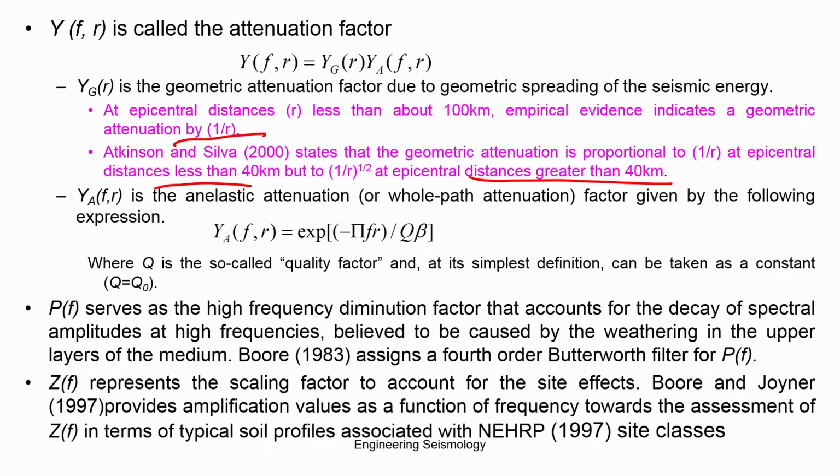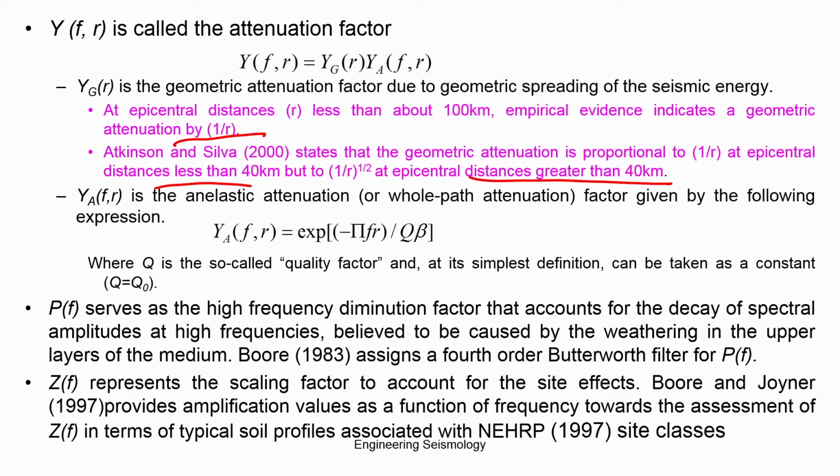Atkinson and Silva gave this for the western US. So, it is not constant throughout. Recently we have derived these kinds of factors for our Indian Himalayan data. You can refer to our papers published in the Soil Dynamics and Earthquake Engineering journal. We used the data and tried to derive how the attenuation characteristics occur in the Himalayan region. That was the first unique work we have done, and we keep working on these areas. You can get more information there, but here only the concept is sufficient for the course point of view,